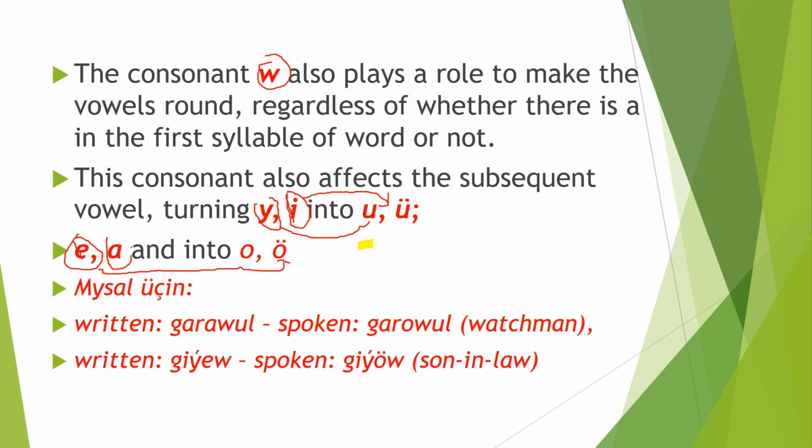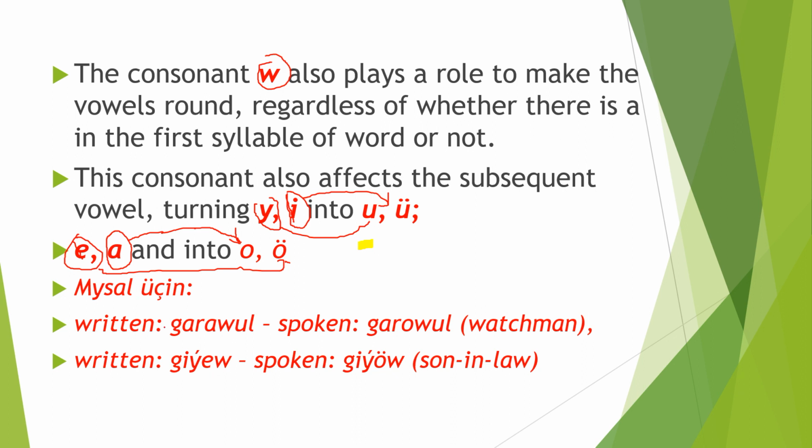Again, I say again, ince yoğun çekimliler, front and back vowels. It's very important, so please try to understand that rule. If you don't understand that rule, this rule would be impossible to understand, because everything is based on that rule. And A becomes O, because A is a yoğun çekimli, back vowel, and O is yoğun çekimli. Even here the vowels are grouped according to back and front, yoğun or ince çekimliler.